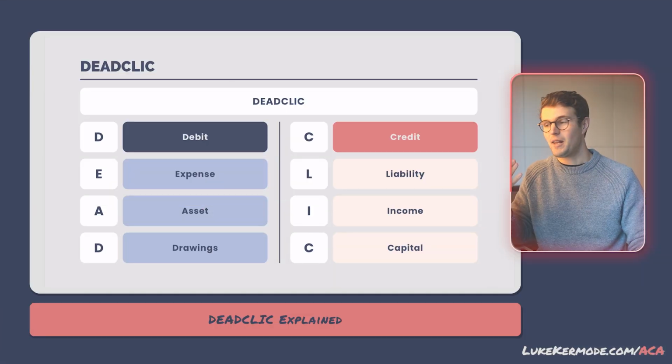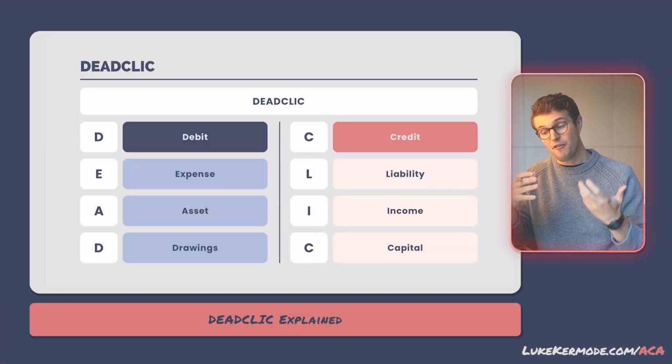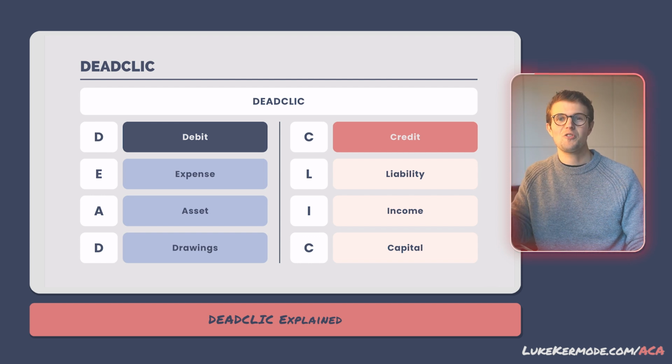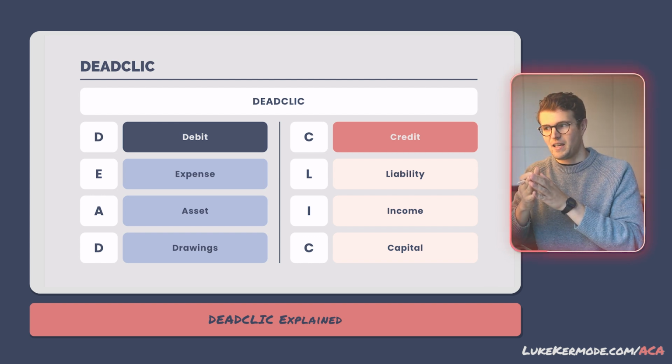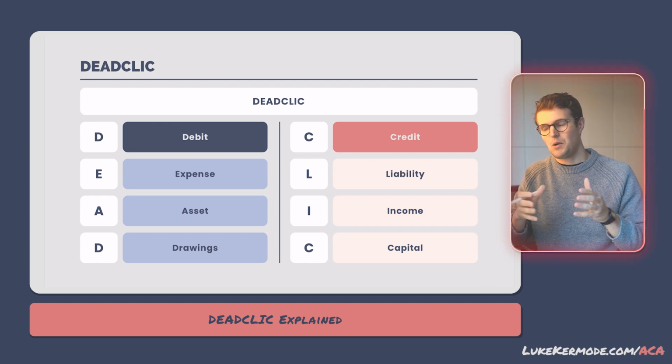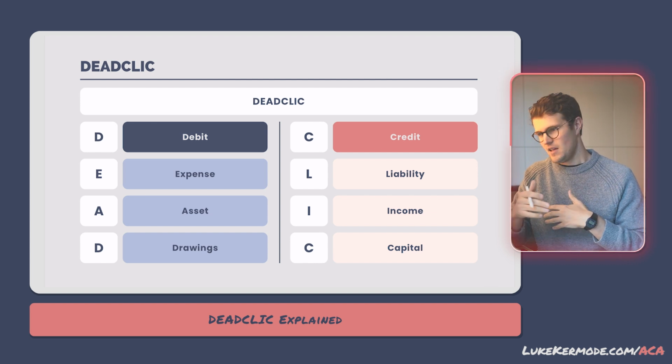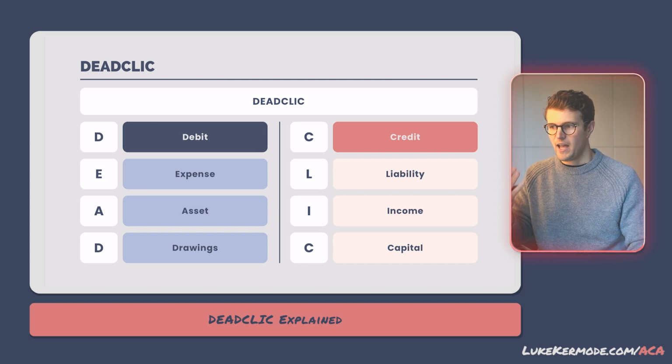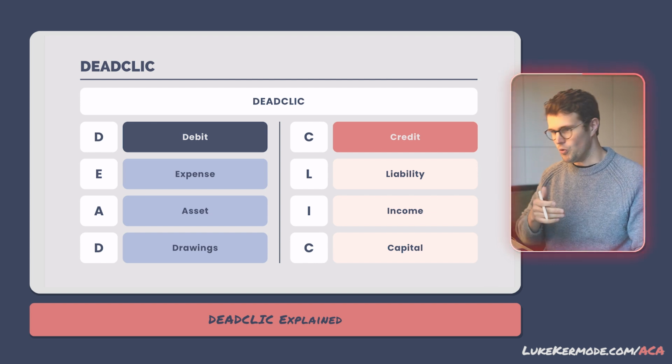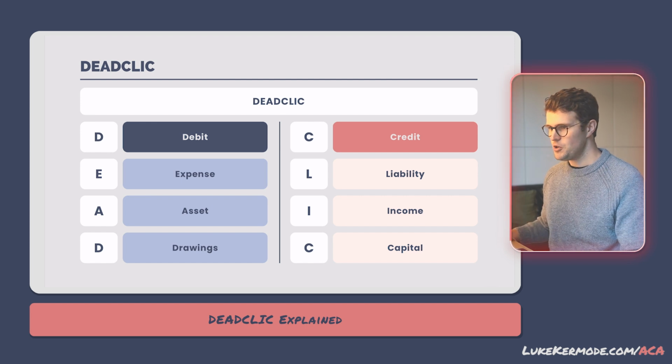When you're learning double entry bookkeeping, one of the biggest challenges I found was remembering which type of transactions for specific accounts impact the debit side and which impact the credit side. That's where the acronym DEADCLIC really helps, because it gives you a very simple rule to follow. We split it into two parts. DEAD stands for